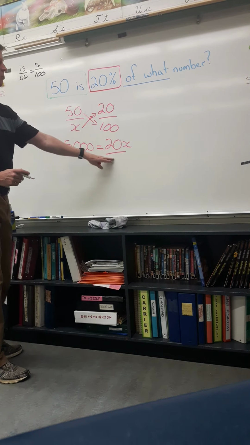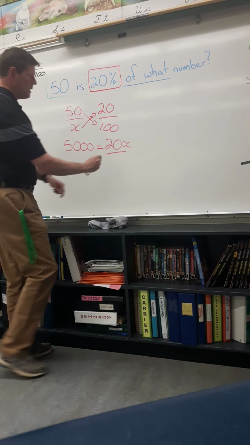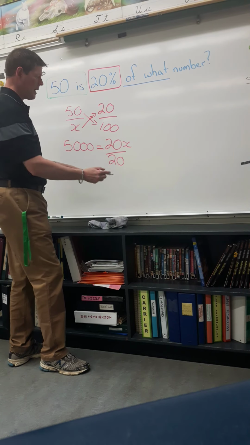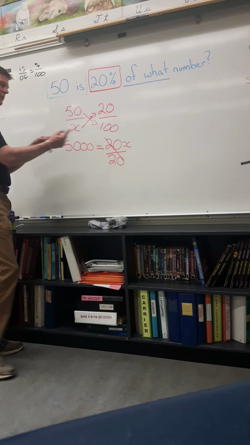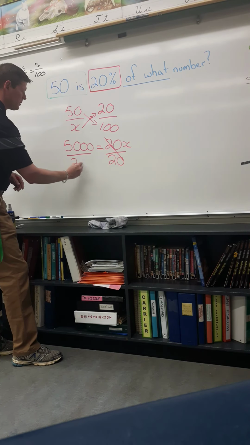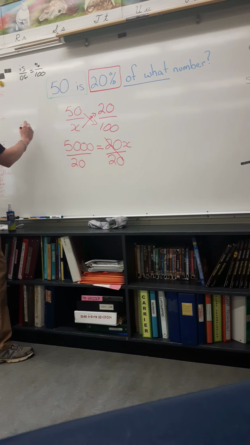We want to isolate the variable. In order to do that, we divide by 20. 20 over 20 becomes 1. 1 times x is x. And so you've been able to isolate the variable. What you do to one side of the equal sign, you have to do to the other. So we'll just go like that. Now to solve for this, we need to